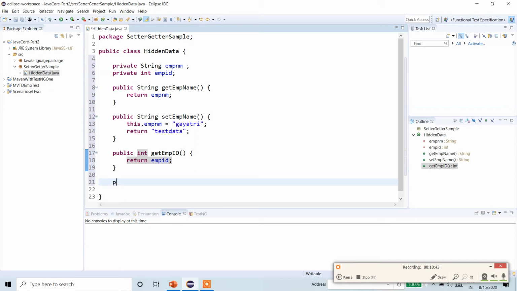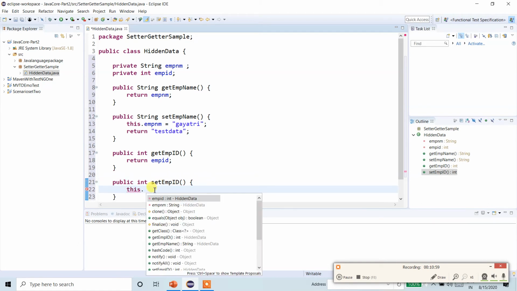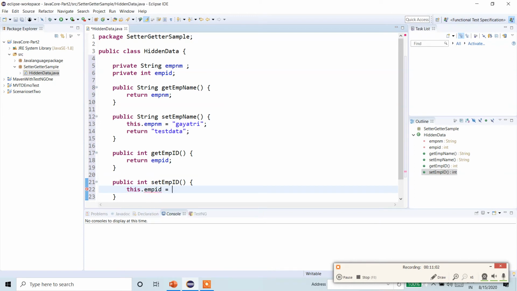Now integer set employee ID is the method name. Here we need to specify the value by using the keyword this, employee ID equal to, I gave the value, and again it will return, yes, or I can mention return 1.